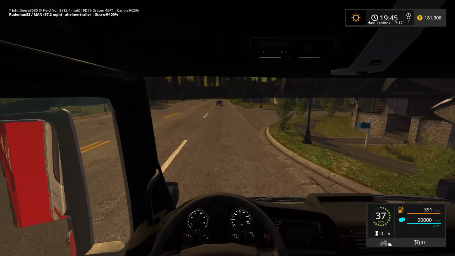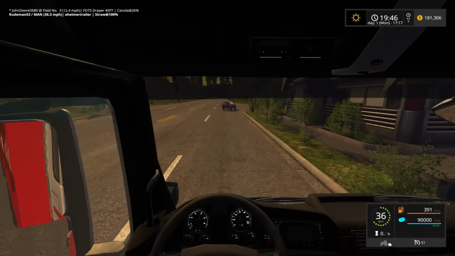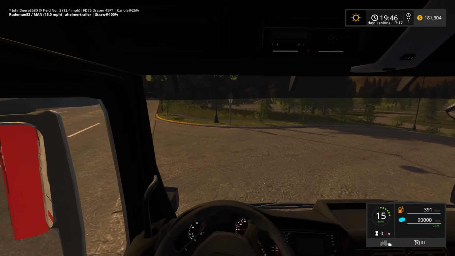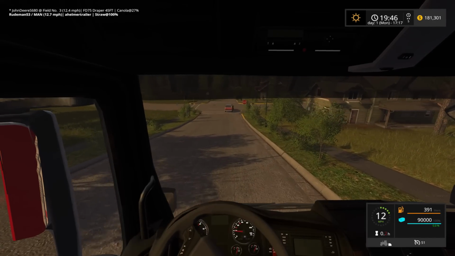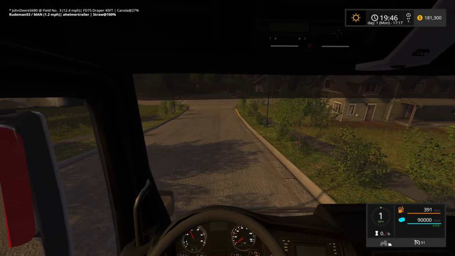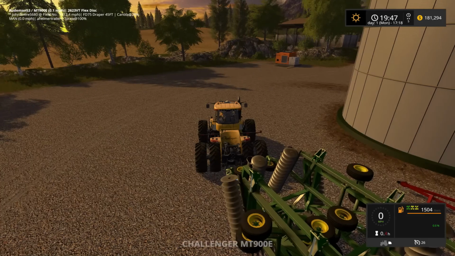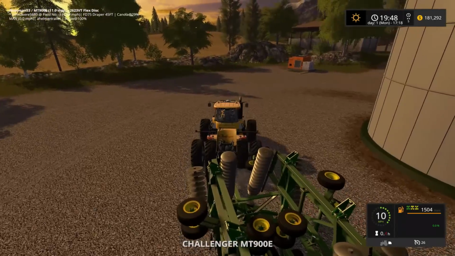Alrighty, we're getting close. Let me see. I'll turn at this diner right here. And then, let me pull over here a second. I want to check something. All right, I'm gonna head out. Let me get this guy going before it gets dark, and we'll go back and